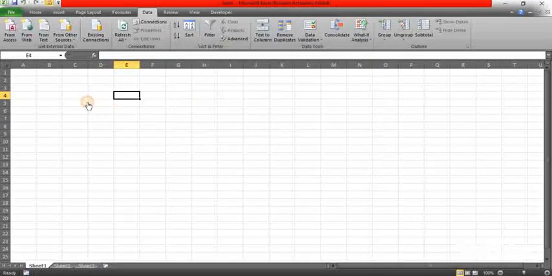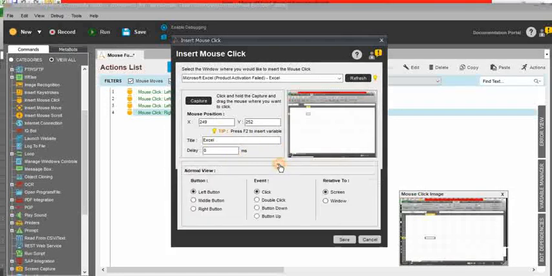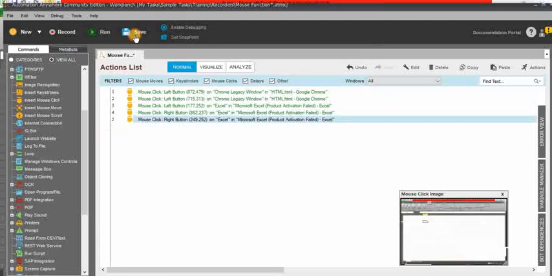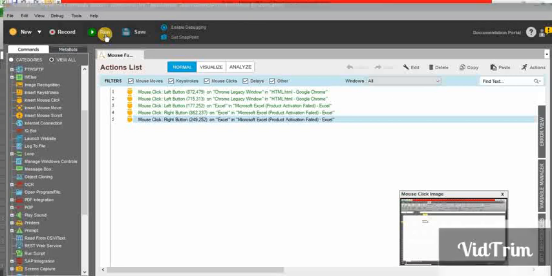Click on capture on the column. Okay, this time column D4, I need to mouse right click. In the expand, in the button, you need to select right button, which is mouse right click. That's it. If you want to double click, you can choose, or else just leave it. Click on save. Run this task. At this time, it will activate your Excel window, and the mouse right click will happen, and you can see the results.